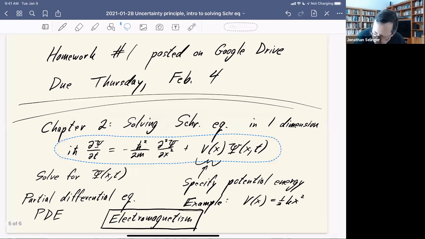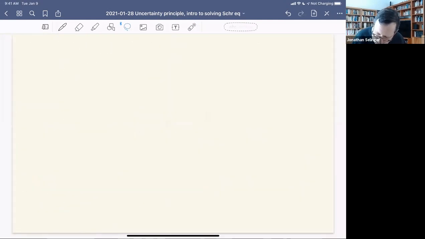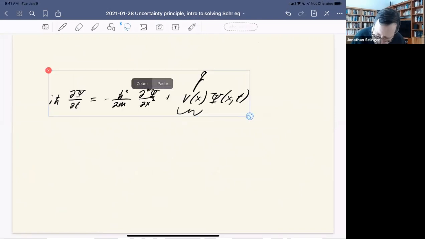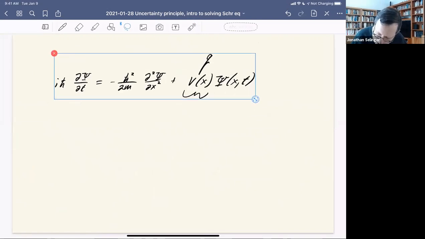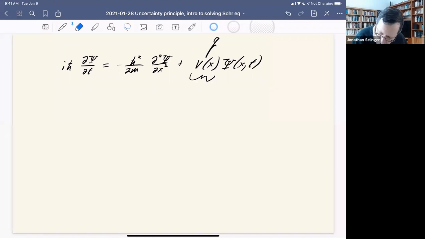Copy. Paste. Okay, this is what we want to solve. Oops, I can use this. All right, and now we're going to put in this